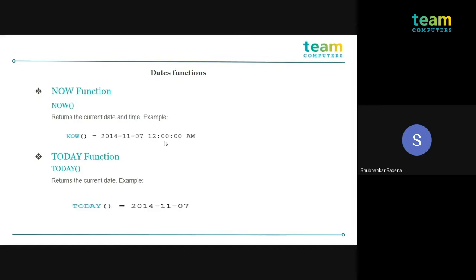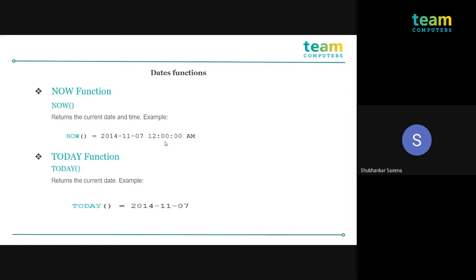So for time, if you are using a live, published or unpublished data source, the now will return the data source server time. Whatever the time is represented by the server system, it will represent the same time. And for unpublished extract, now will return the local system time. Like if you have not published your dashboard till now and you are using extract, whatever time is showing in your current local system, the output will be that only.